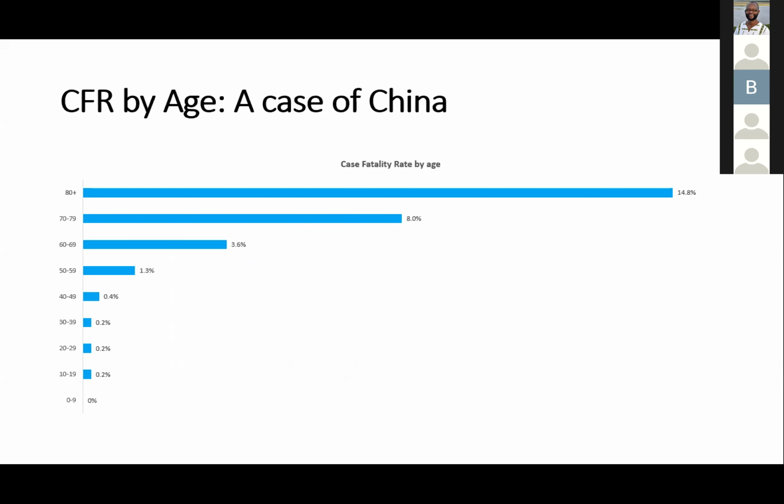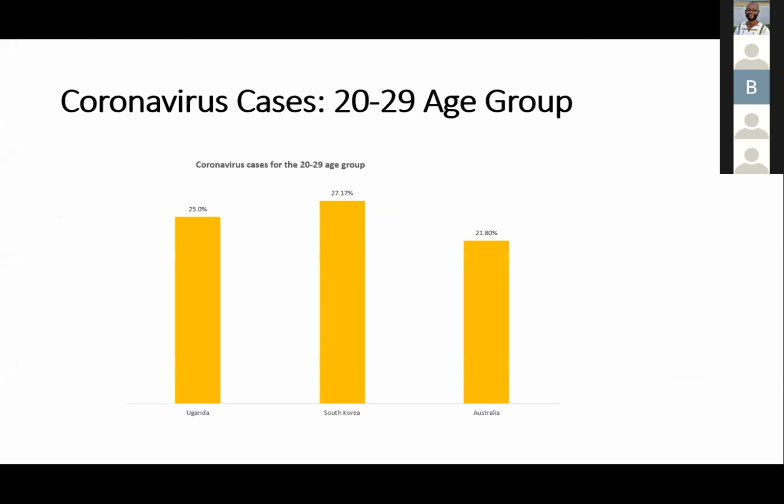And it just says what I just said. Most people who die are in their 60s, 70s, and 80s, and younger people are less likely to die. It's interesting that this week there have been registered fatalities of children. There was, I think, a 6-week-old baby in the US and a 14-month-old child in India today. And again, it looks like most people who are contracting the disease are in their 20s.